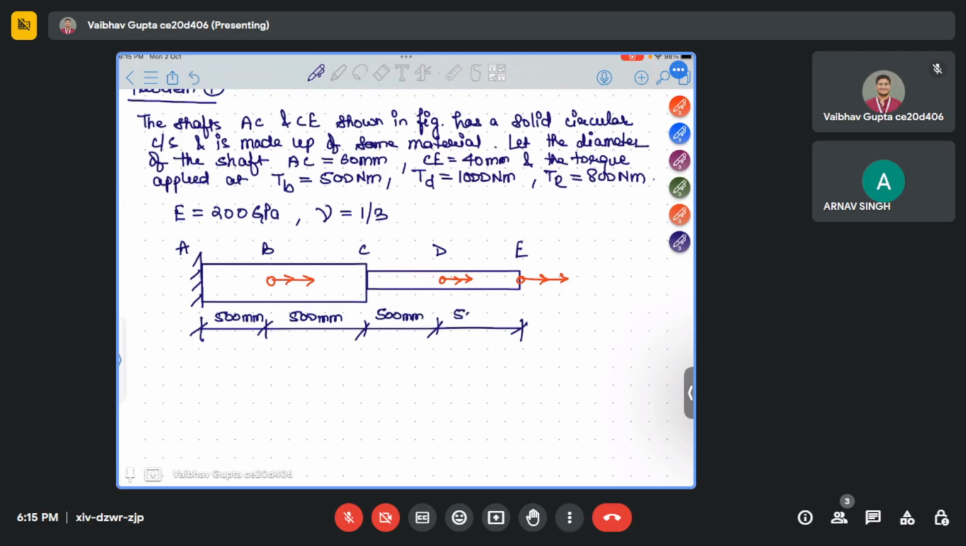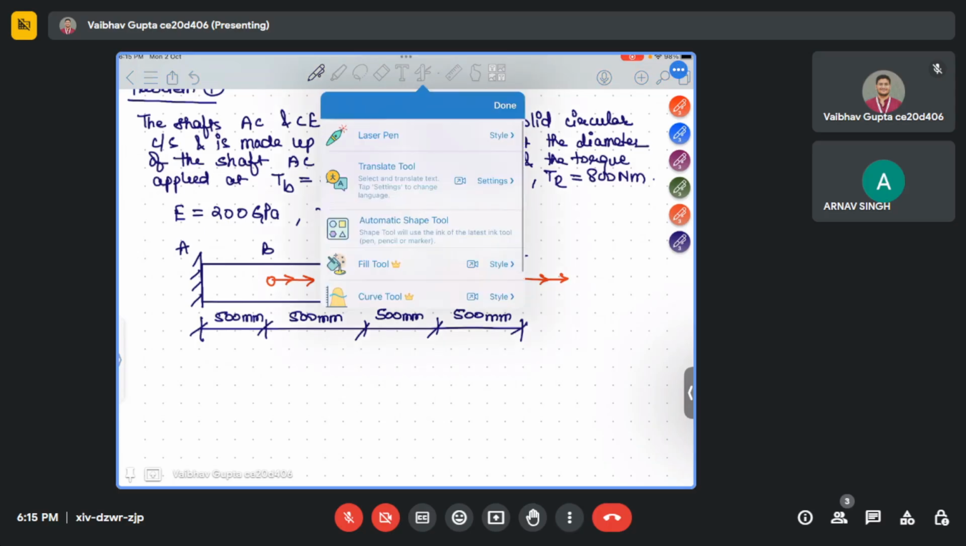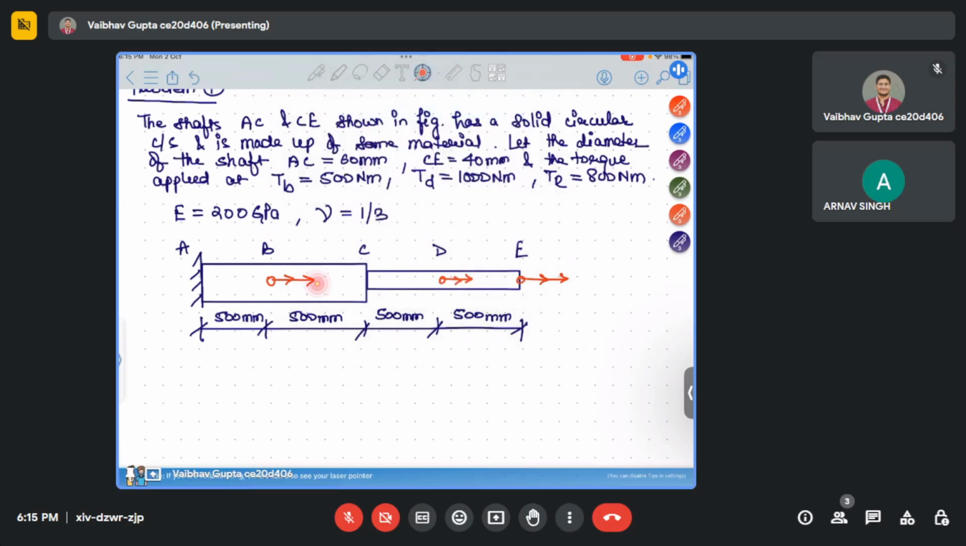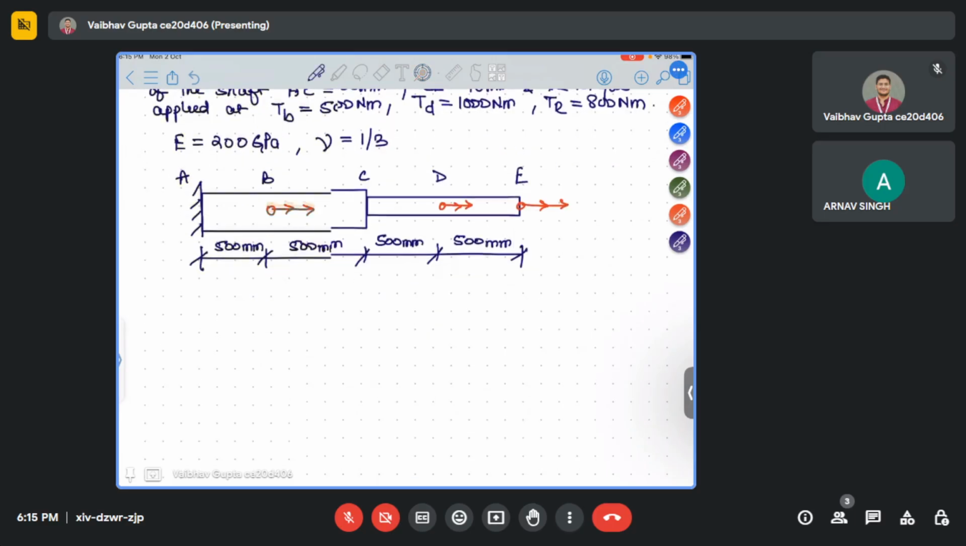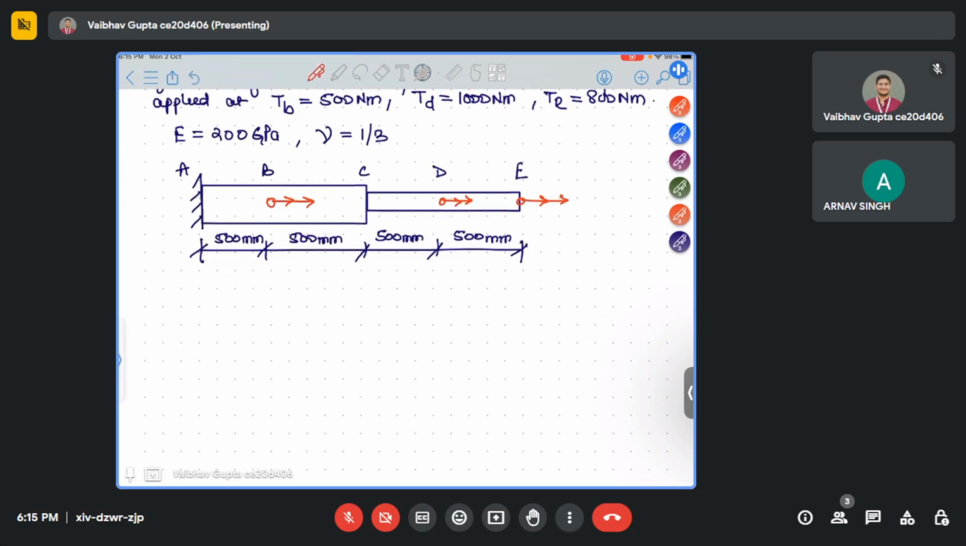Understood the question? We have two shafts, AC and CE. So AC is one shaft, CE is another shaft, and the torque is applied at 3 points B, D, and E. Okay, and the lengths are given as equivalent lengths, 500 mm, 500 mm, and 500 mm for all the four distances. So first we have to find out what is the reaction torque at A. So the first question will be